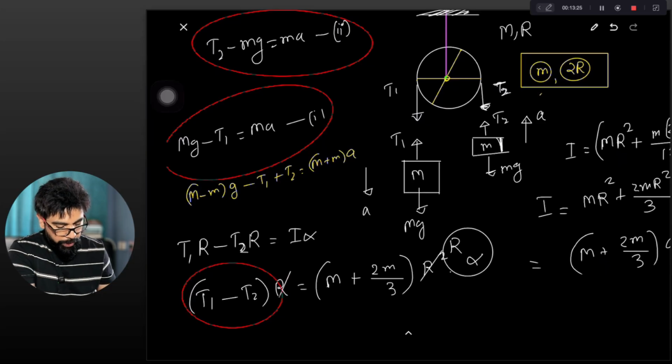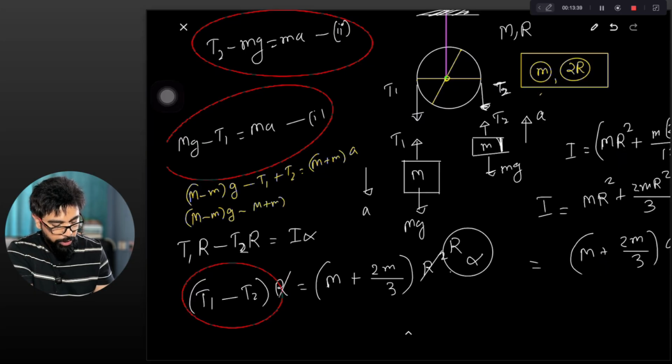But our target is what? Our target is to get T1 minus T2, and we have got here minus T1 plus T2. So we'll do the side change. So if we do the side change, what do we get? Capital M minus small m into G minus capital M plus small m into A is equal to T1 minus T2. Now put this value of T1 minus T2, which is the left hand side of this equation,